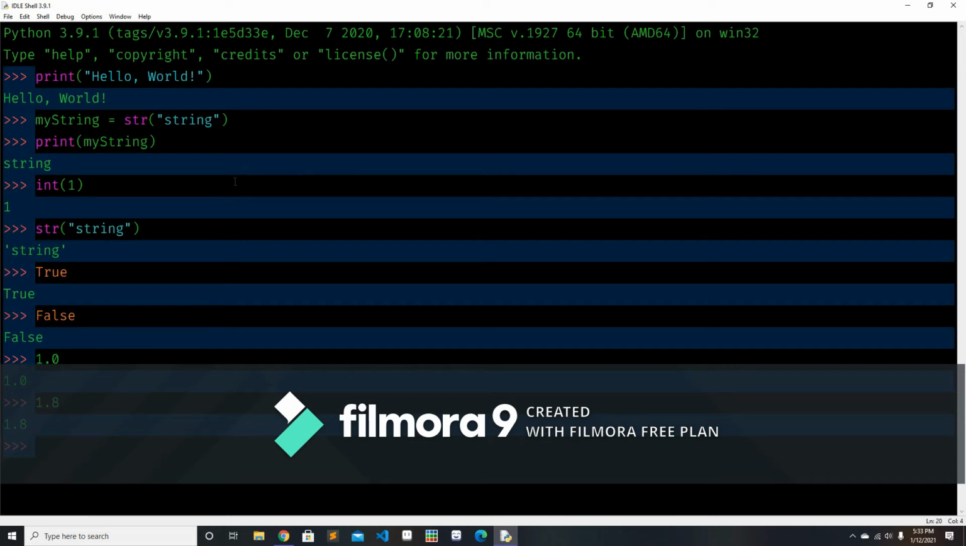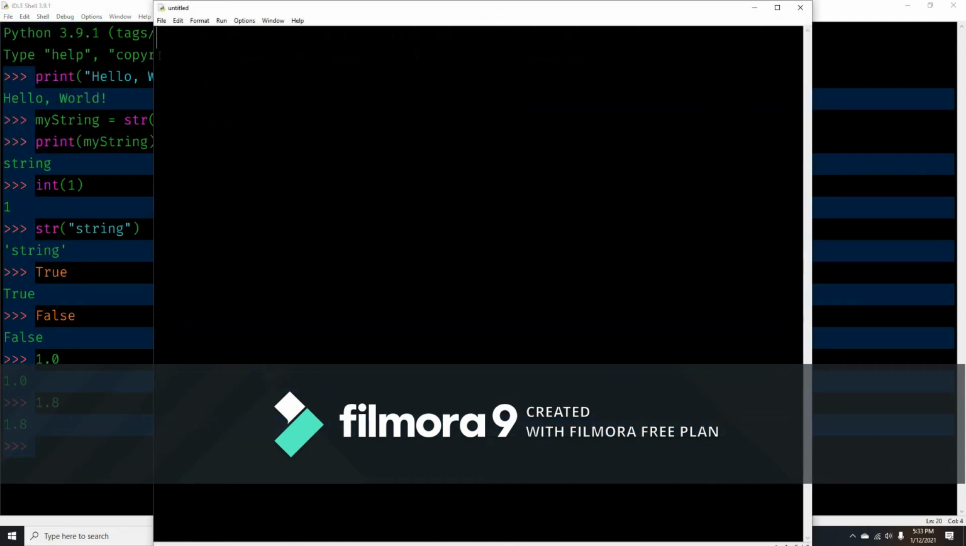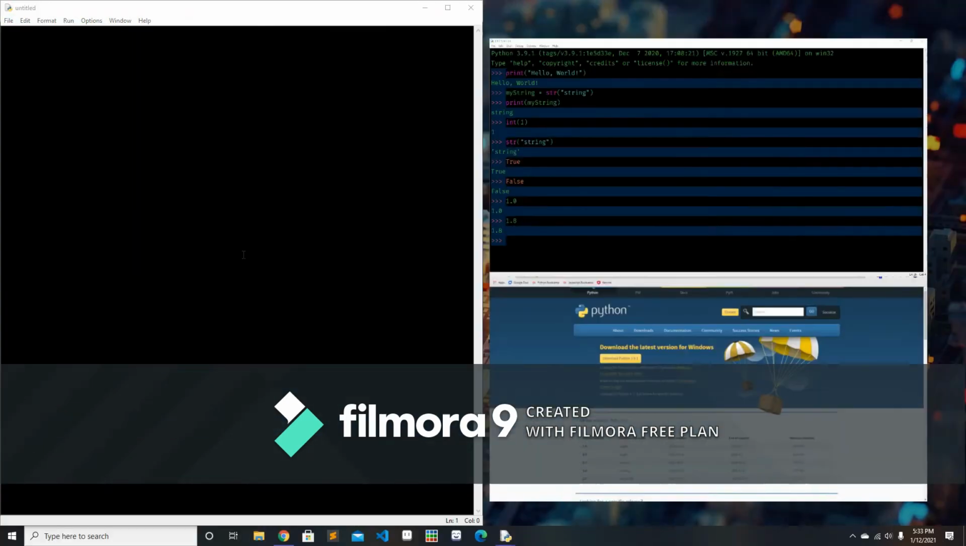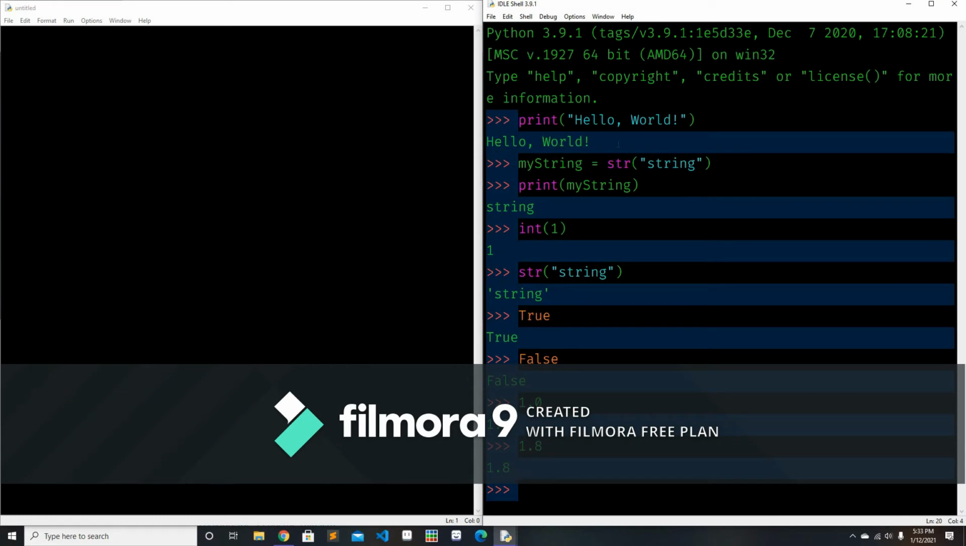So now what you're going to do is go to file and new file. Now as you can see, these two are different. That is because this is the shell and this is the text editor. So you're going to close the shell and get this. Now you're going to type print("hello world"). You already know what this does. It prints out this string,